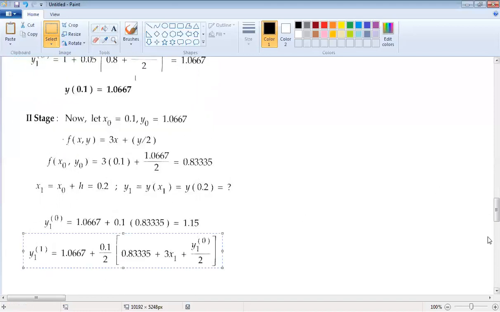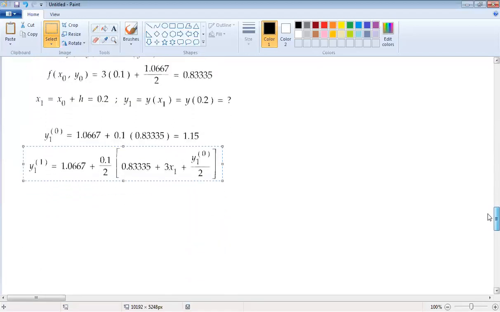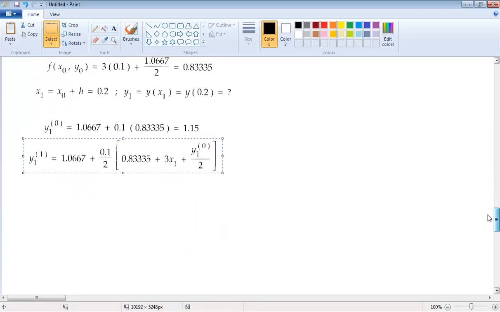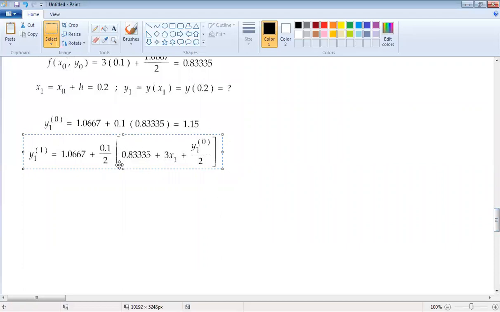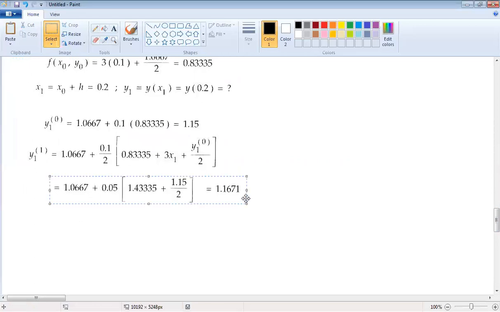The modified Euler's formula will give us the value for y1(1), the first iteration result. So it will be f of this 0.8335, which is nothing but f(x0, y0), plus (3x1 plus y1(0)) by 2. This is our f(x1, y1). So simplifying this expression and substituting the values of x1 and y1, we get y1(1) as